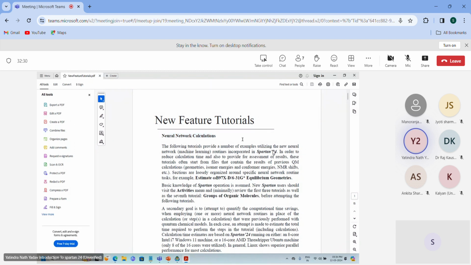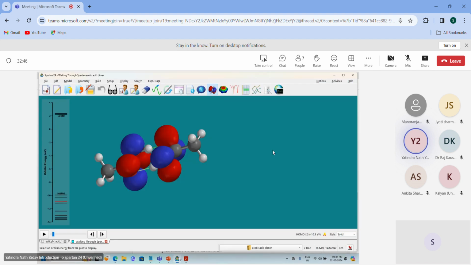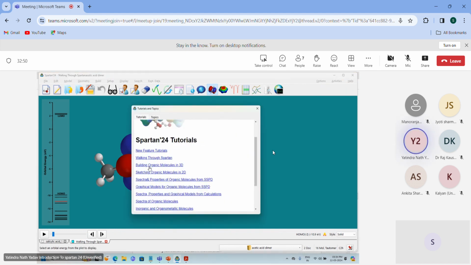And one more thing I want to tell you, only Spartan is the software which has this new functionality, which increases the accuracy of your NMR and other things. It is absent in computational software like Gaussian and any other software. So in tutorials you can select the topic of your interest,